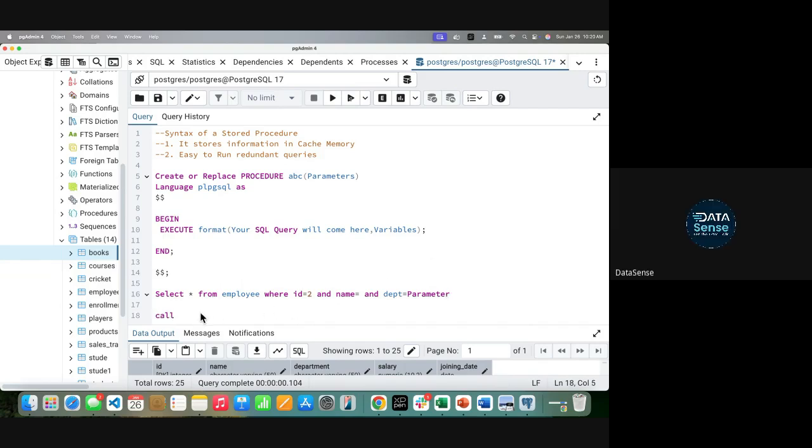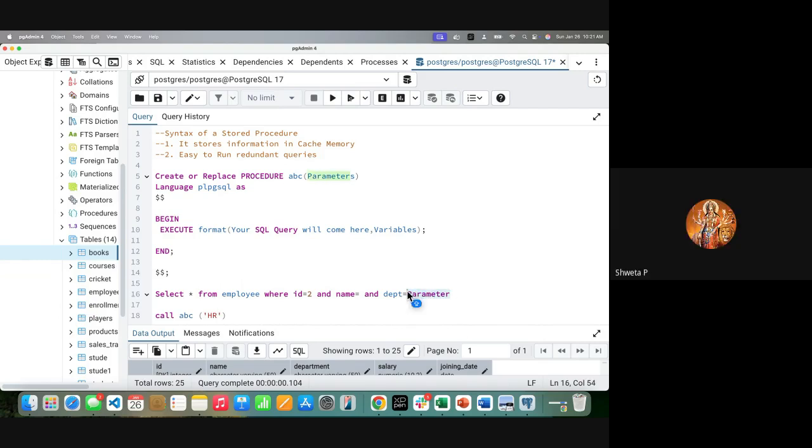You just simply call your procedure ABC and pass the department name, let's say HR. So the department name will go here.